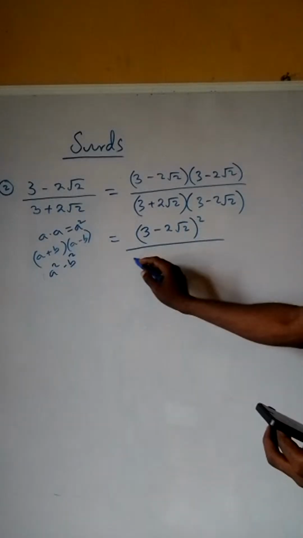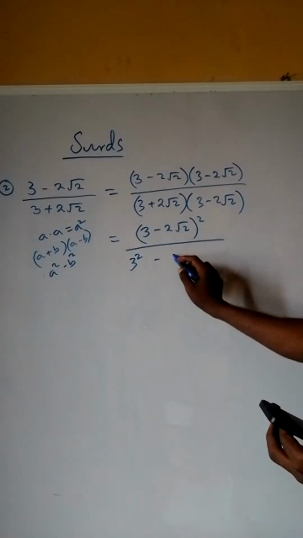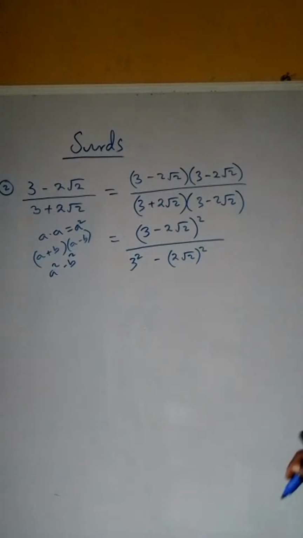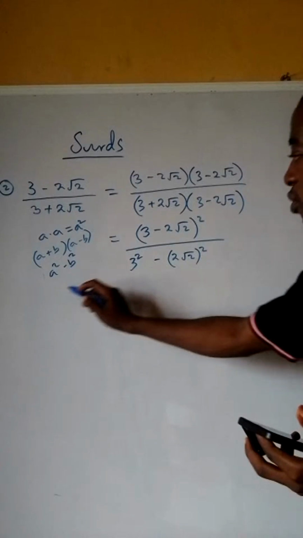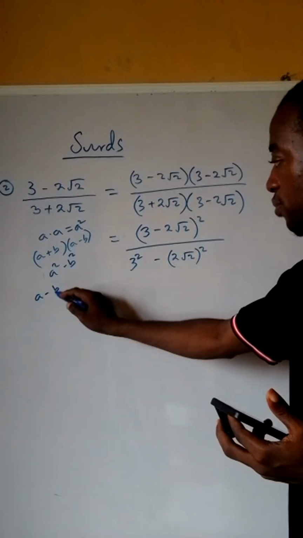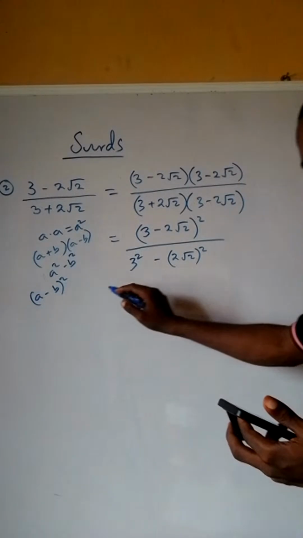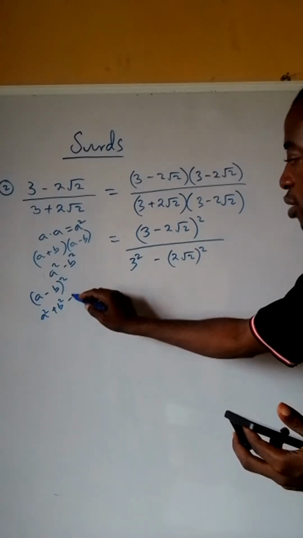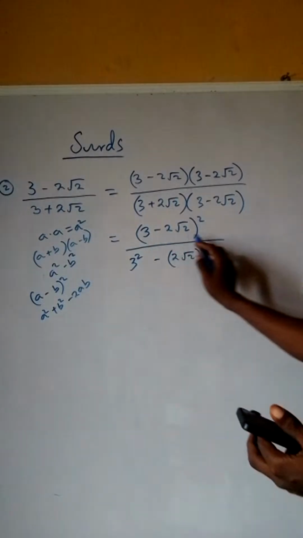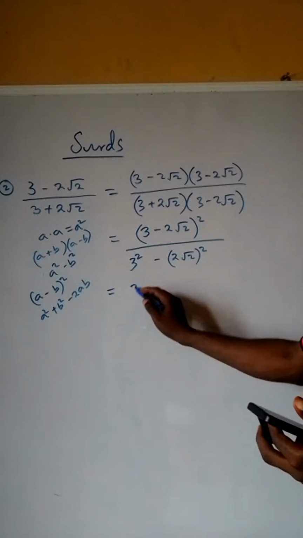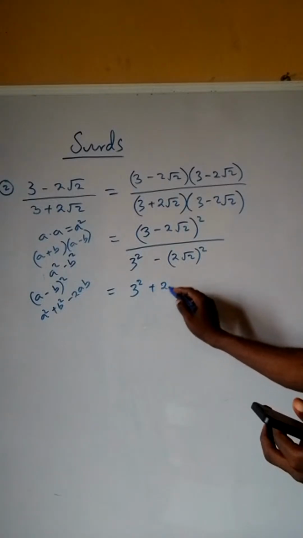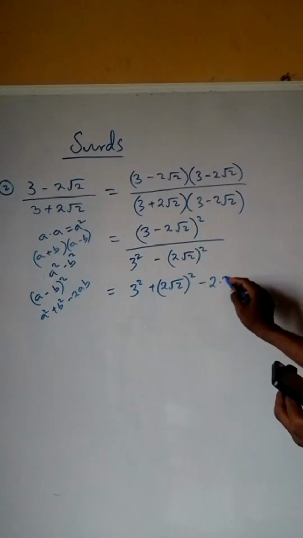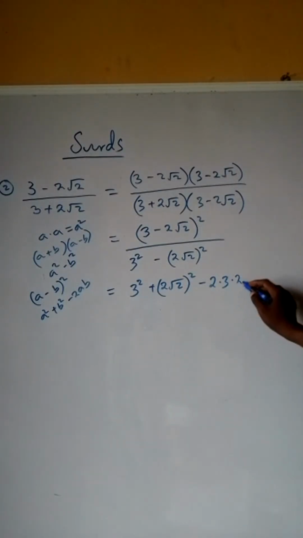Then here also a is 3, so we have 3 squared minus b is 2 root 2, we have 2 root 2 all squared. Then the expansion here also follows when we have (a minus b) all squared. We can express this as a squared plus b squared minus 2ab. So here follows this, and what we have becomes 3 squared plus (2 root 2) all squared minus 2 times 3 times 2 root 2,